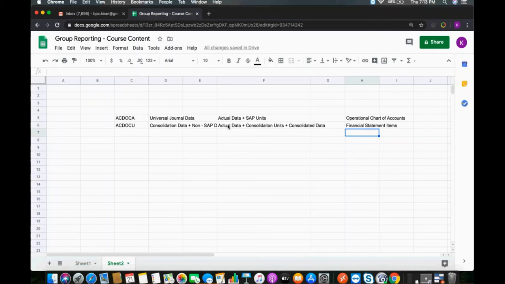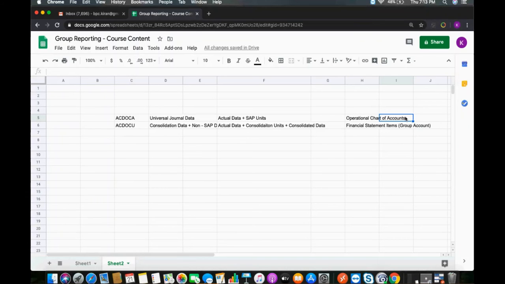Yeah, there is a difference between operational chart of accounts. This is called GL account here. Here I am calling it financial statement item. You can say this financial statement item is a group account. Now, here when I say SAP units, these are my companies, right? There is a difference between companies and company codes.